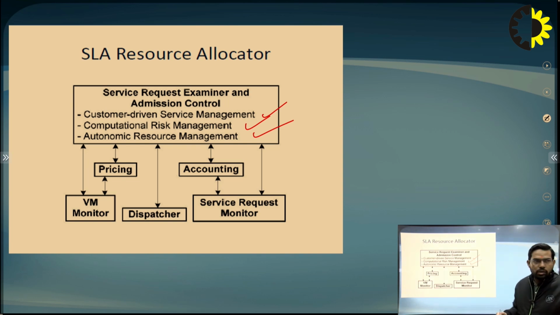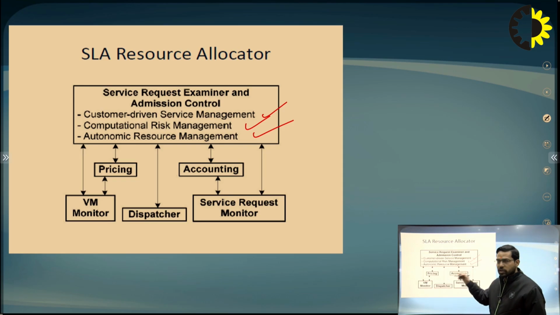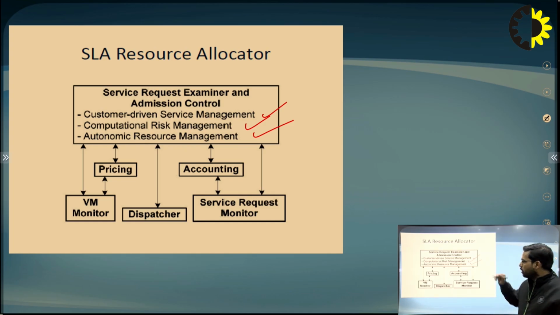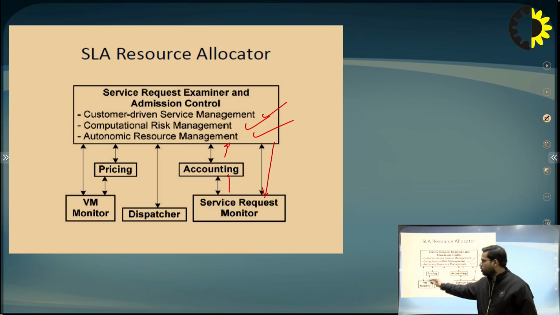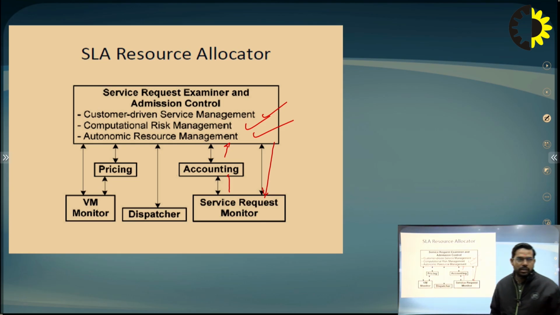They also work with the VM monitor, according to the pricing, and with the dispatcher and the accounting, managing the accounting and the service request monitor. So here they make a request, and then they perform the accounting, tracking how much accounting there is, and the VM monitor and the dispatcher work with this SLA resource